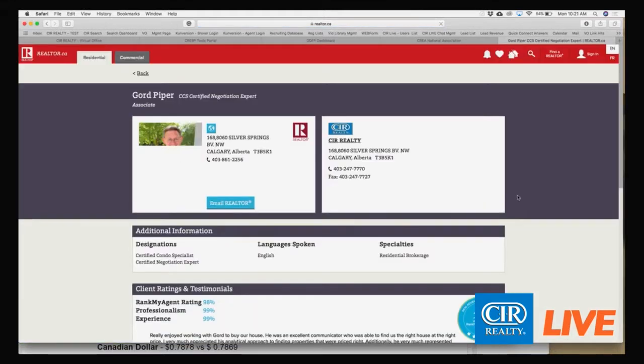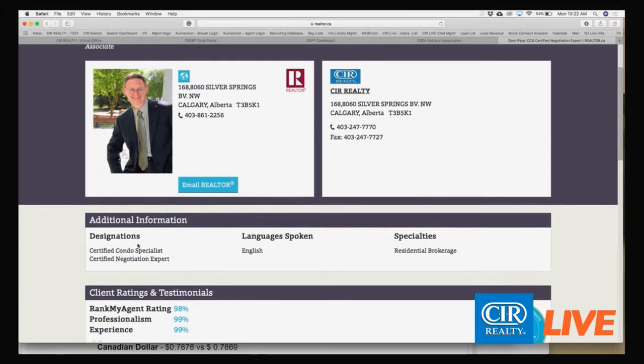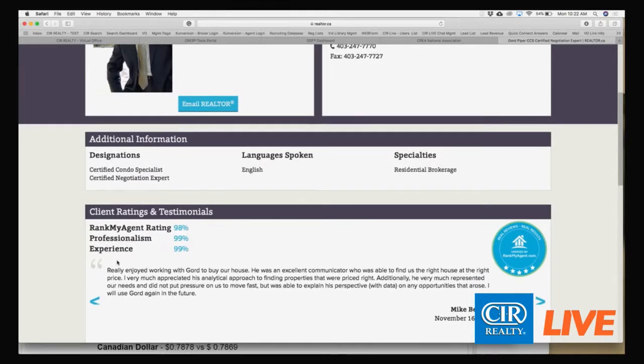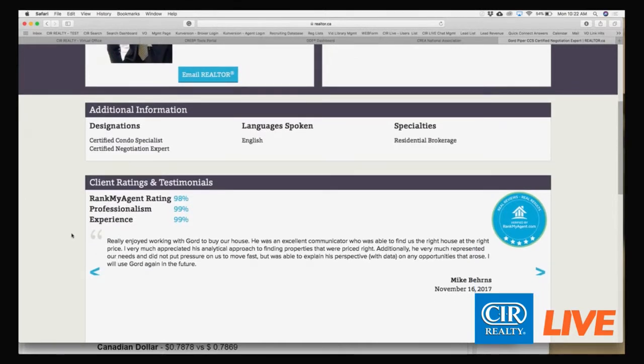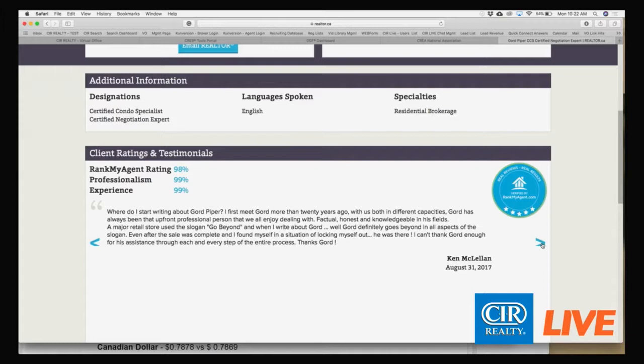And Gord has actually done a very good job of improving his Realtor.ca profile. So on here, you can see that Gord has his stunning picture, looking good Gord. And he also has his additional information. He's taken the time to put in designations and languages spoken and specialties. If we were to scroll down, though, this is brand new to Realtor.ca. Remember Rank My Agent, which we showed earlier, and all of Gord's great testimonials? He has all these testimonials coming through automatically onto his Realtor.ca profile. So we can click through a lot of these, and they automatically show up. He doesn't have to double post these.